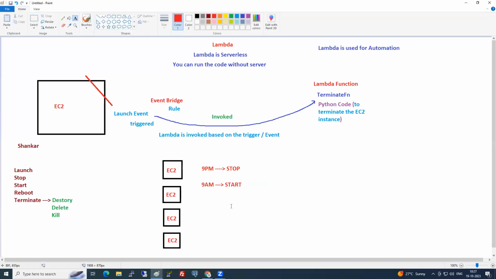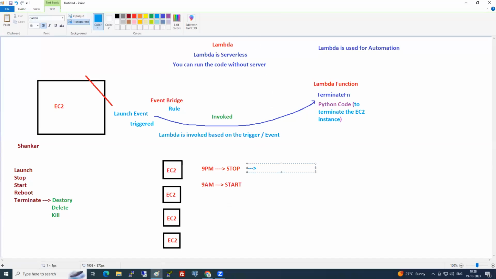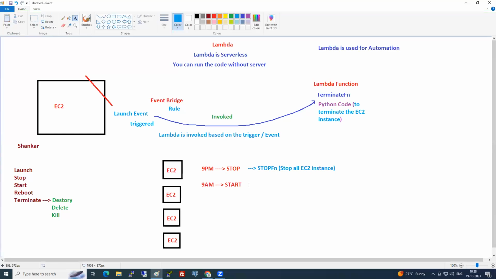Will you click start 100 times? Now, how many Lambda functions do you need to create in this case? Two. One is called the stop function. What does it do? It stops all EC2 instances. And another function that you should create is the start function.